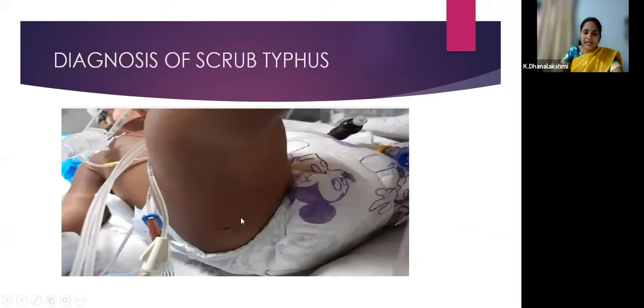So the next day while cleaning, we found a small eschar. So this is unequivocal evidence of scrub typhus. But an eschar need not be present in all cases of scrub typhus. It is present only in 40 to 60% of the cases. So nowadays they say in any tropical area which is endemic for scrub typhus, if you see a child with meningoencephalitis and the child has hepatosplenomegaly and thrombocytopenia, always think of scrub typhus. You need not have an eschar in all the cases.